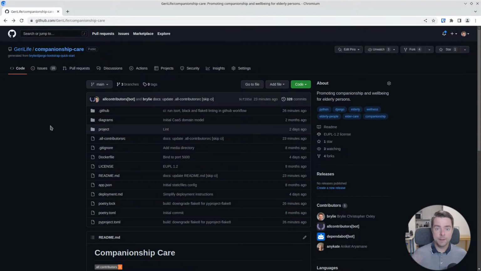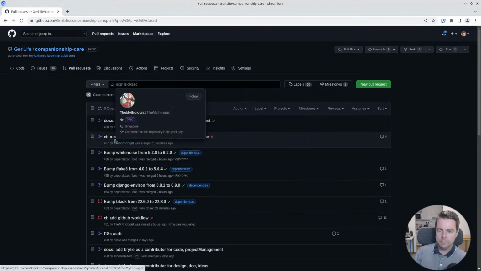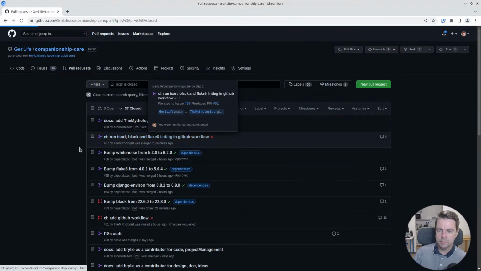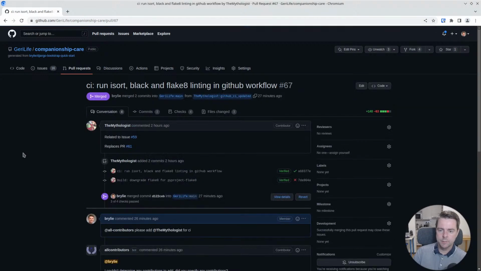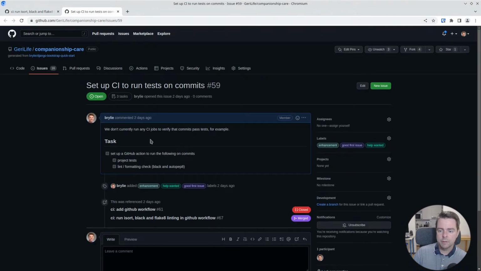Before we start, I'd like to just highlight real quick a contribution that came in from the mythologist. We've been working on some general project stewardship tasks, as well as coding. The mythologist kindly contributed some configuration for our continuous integration, where we wanted to set up a GitHub action to run project